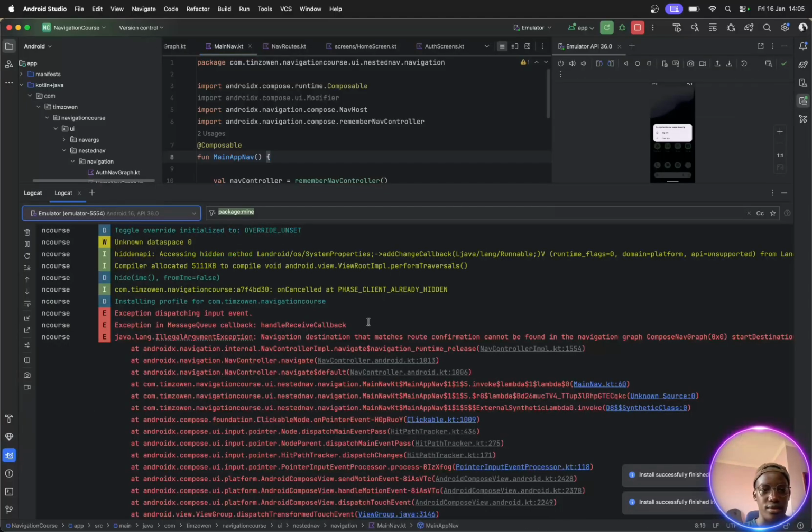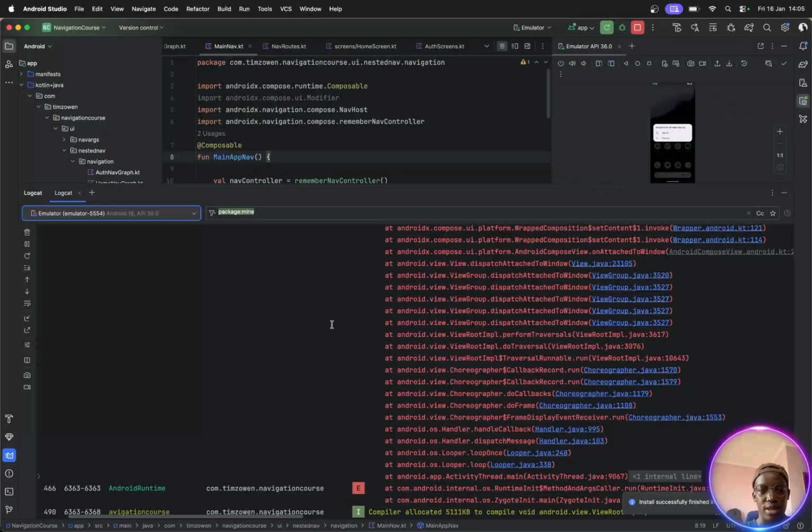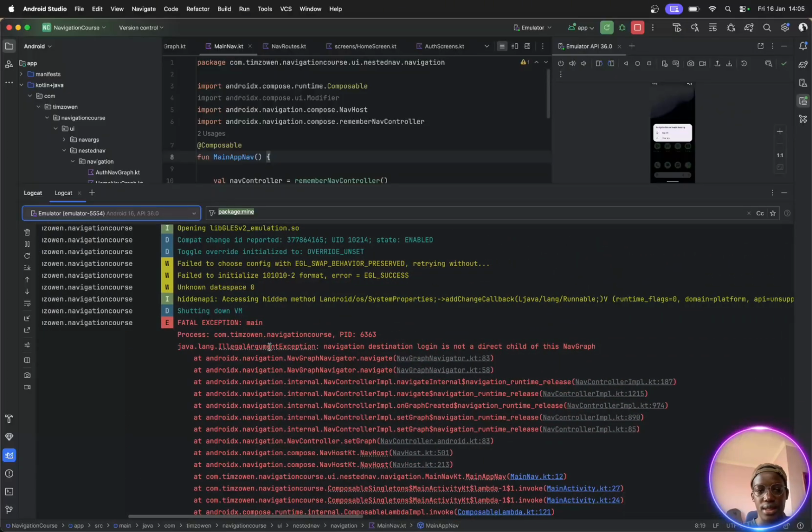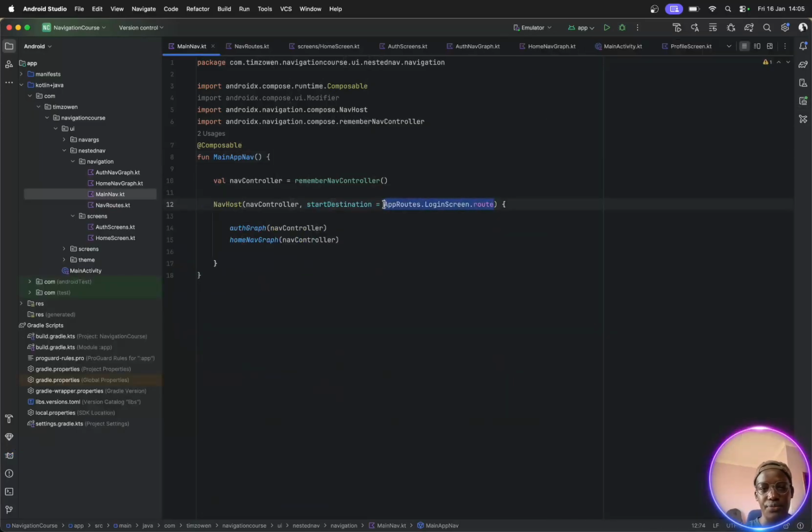Okay, we have a crash in here. So let's just see where the problem is. So the navigation destination login is not a direct call of the login of the child graph. Okay, this is the problem. Now, our start destination will be the starting graph, which will be the route related to the login screen, which is related to the graph in the authentication one. So we're going to say